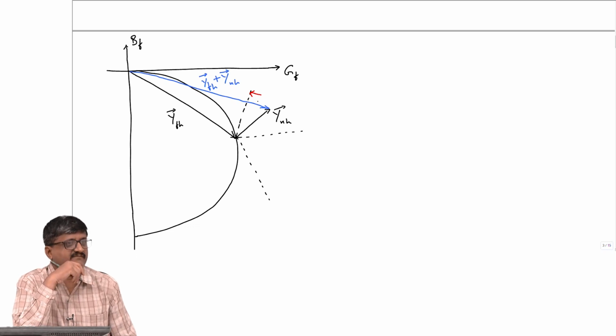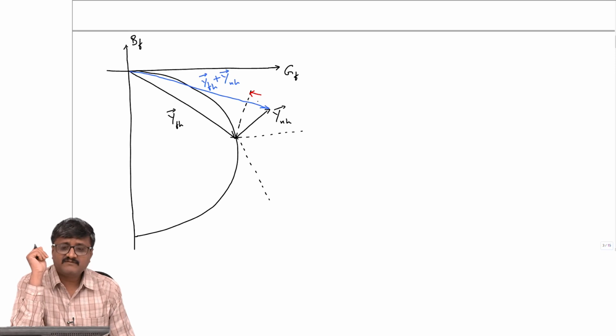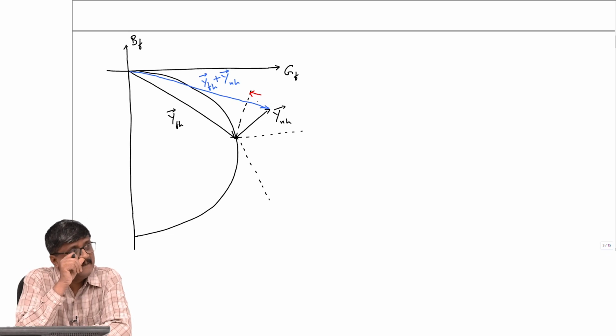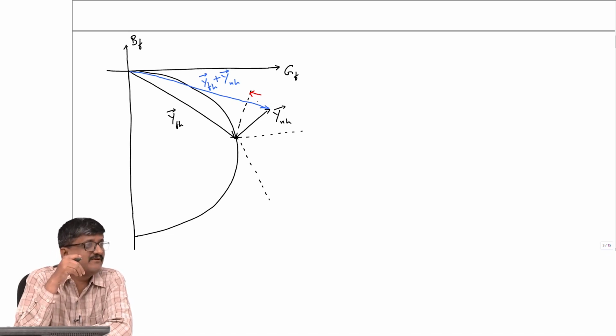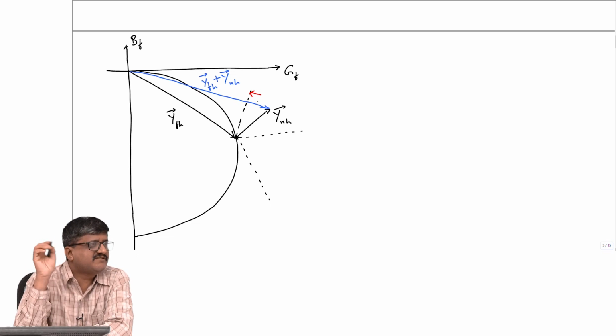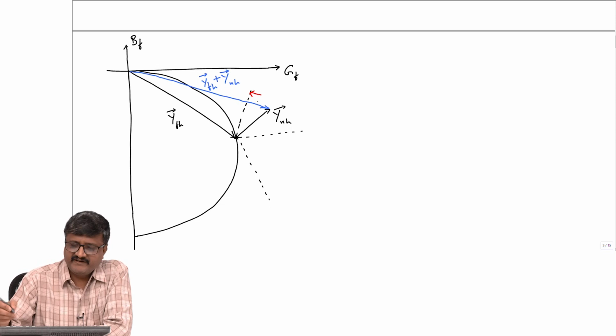This is, I mean, school geometry. I have to take a point on this line which has the shortest distance from the origin. Drop a perpendicular. See, I have a point, I have a straight line. I want the point on the straight line which has the minimum distance from the given point. So, I have to drop a perpendicular from that point to the straight line, that is all. Okay. So, it is essentially like this. Okay, let me redraw.